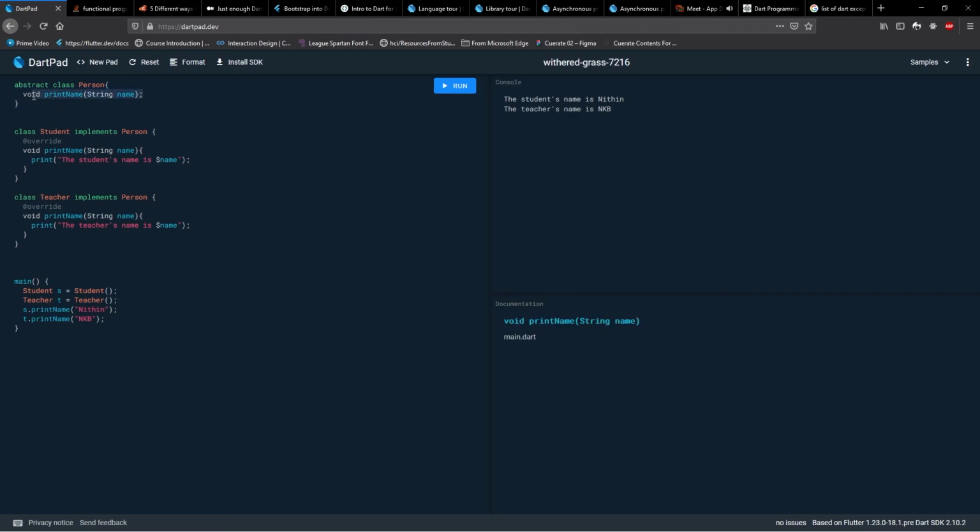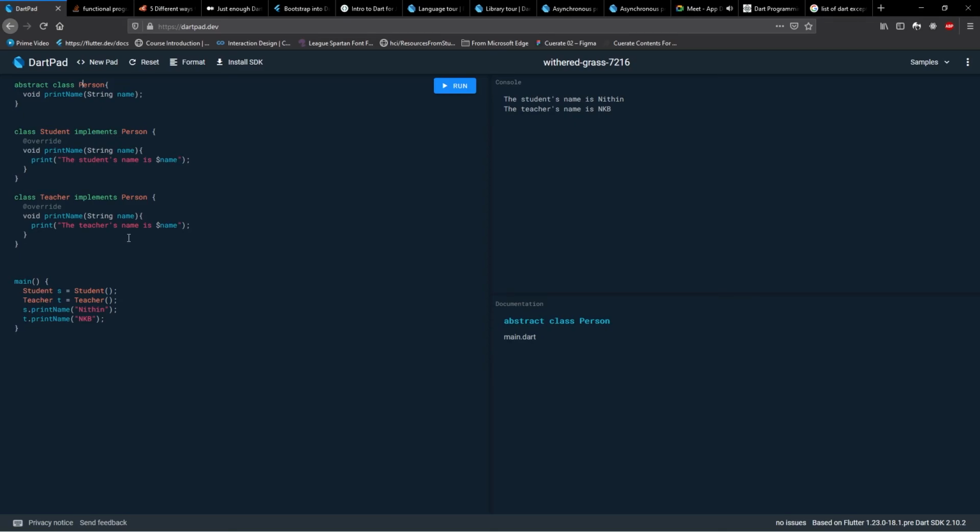This function does nothing over here. So this class decides that, okay, I'm going to print the name in this way, and this one I'm going to print it in this way. So that is what overriding does. And abstract classes give us a strict policy for classes to follow. So that is abstract classes.